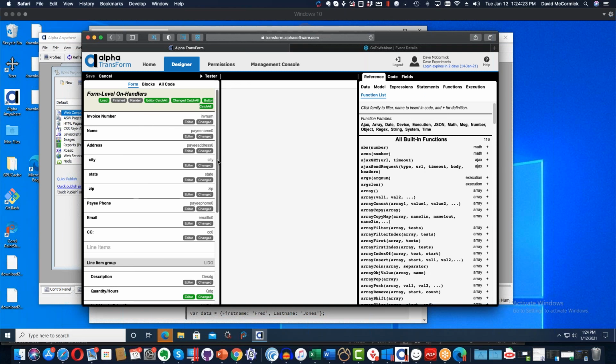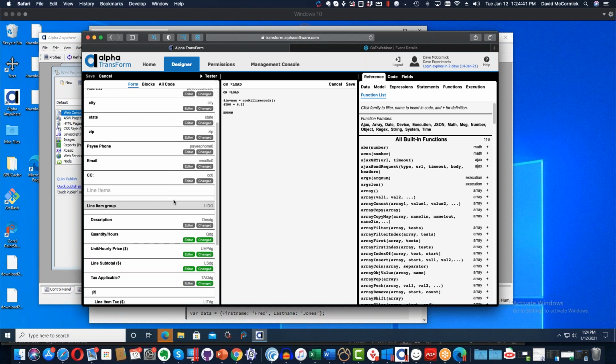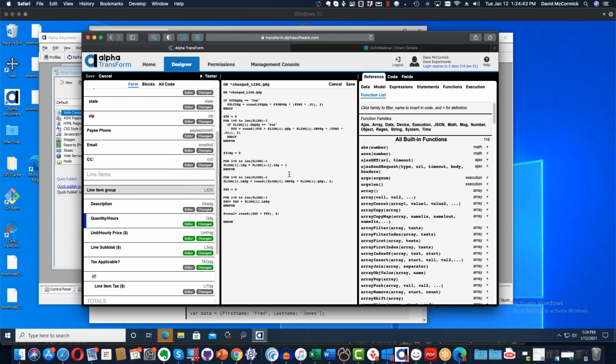One was, how did we do the sales tax? And we did that using TPL. We set the sales tax amount ahead of time. So on load, we set TR0, tax rate 0 equals 6.25. And then for the calculations,